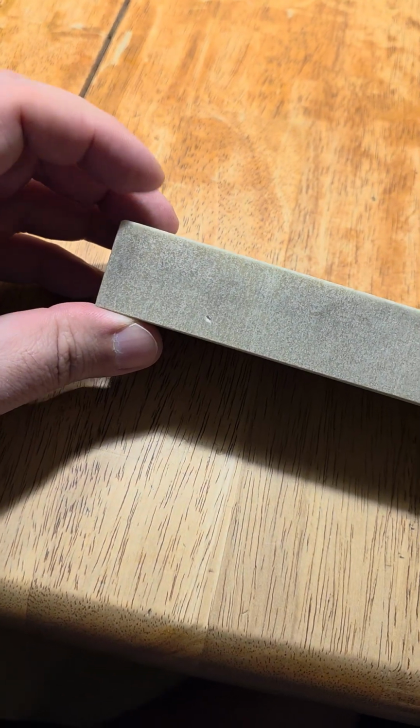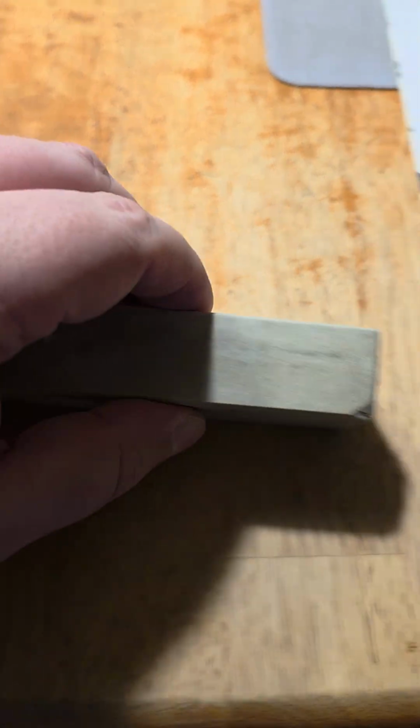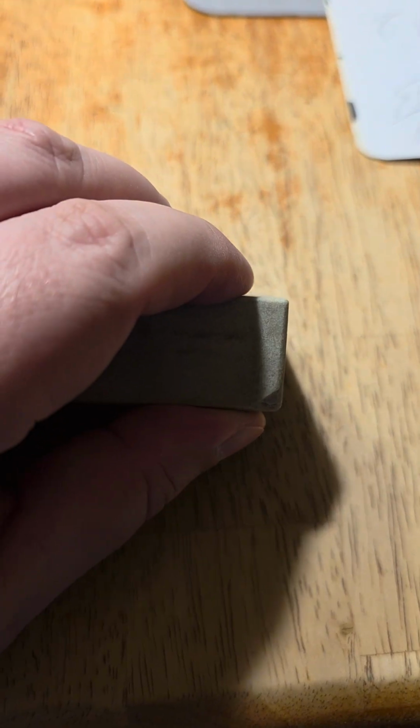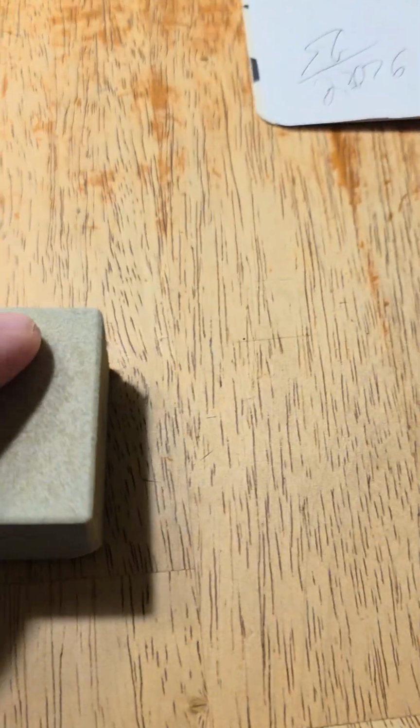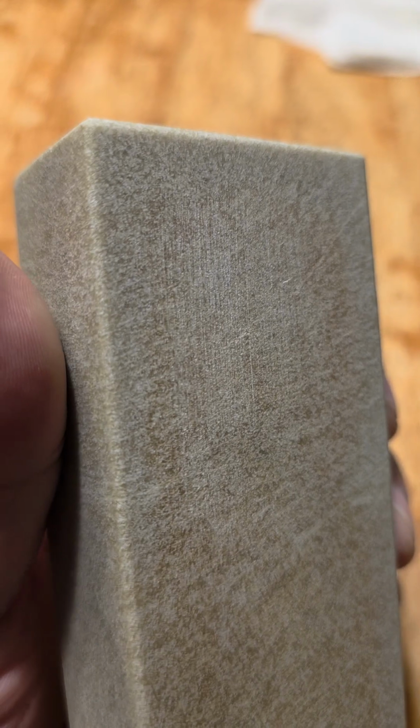The thicker end is 1 1/8. The middle is 1 3/32, and the short end is 1 1/32. The working surface is lapped to a DMT diaphragm level, chamfered,